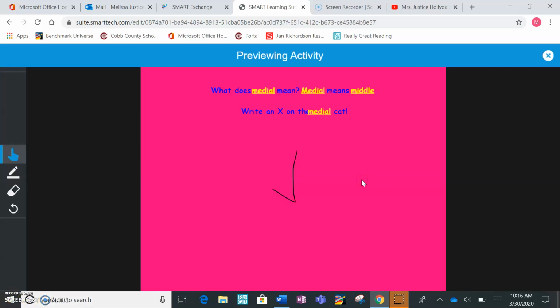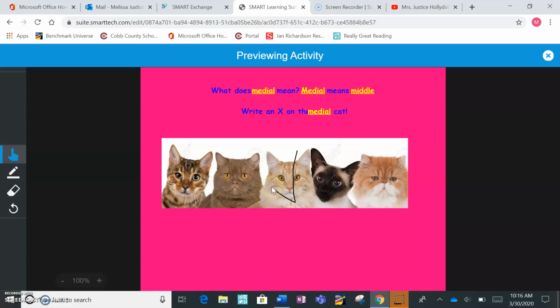All right, welcome back. So today we're going to be talking about what it means to be the middle. Medial sound is the middle. So let's practice. We've got a first cat. Could that be the medial? No, because it's the first one. Remember, medial means that there's the same number of something on both sides. So when we're talking about sounds, or in this case, cats, we'd look at the second one.